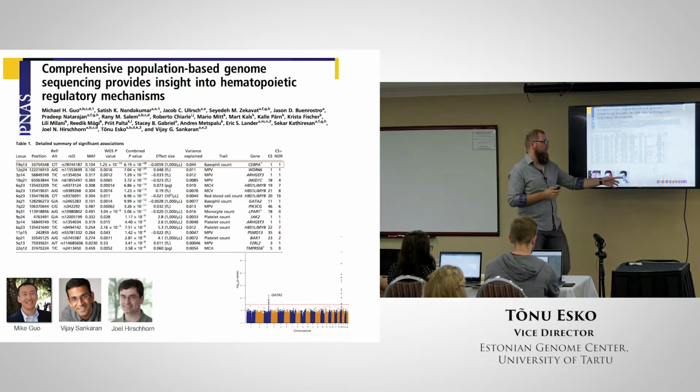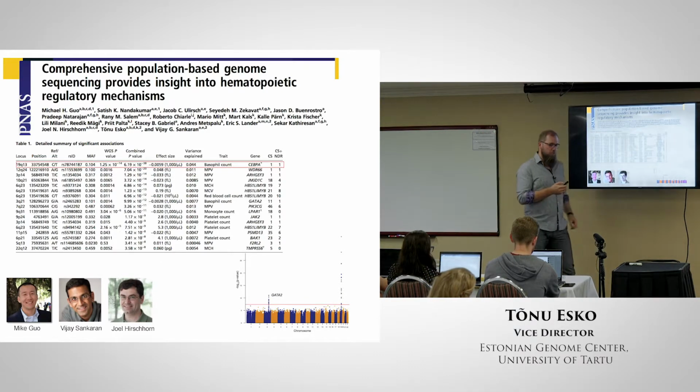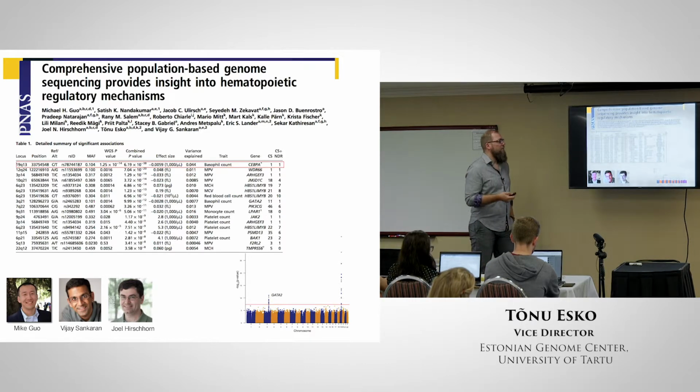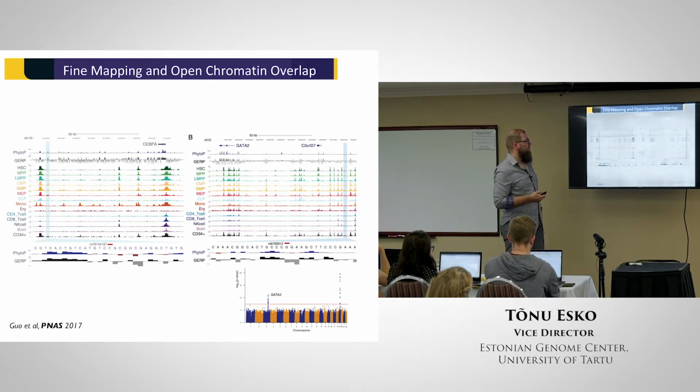So here you can see the Manhattan plot. Basically it was flat, and then there were 2 association peaks. And then we replicated the signal within the cohort using electronic health records. When we looked into it, as I said, it's a regulatory variant. And then we looked in which tissue type this regulatory region is active. Now, this chip, or assay, is where you try to